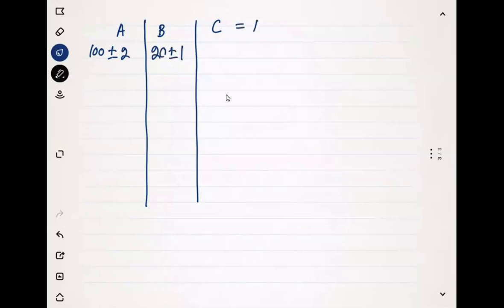C is equal to A square B. And to calculate C, you have to go with 100 square into 20 plus minus 102 square into 21 minus